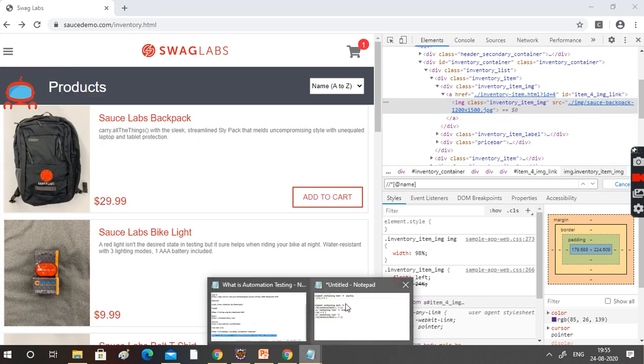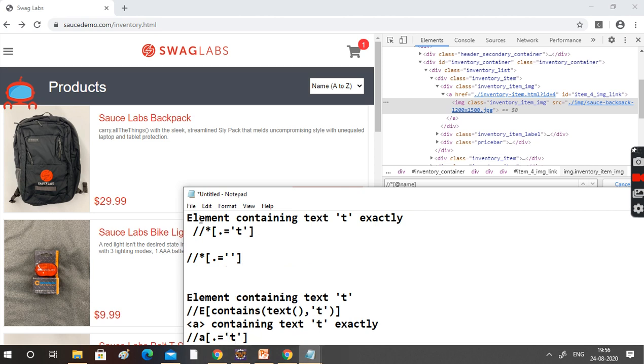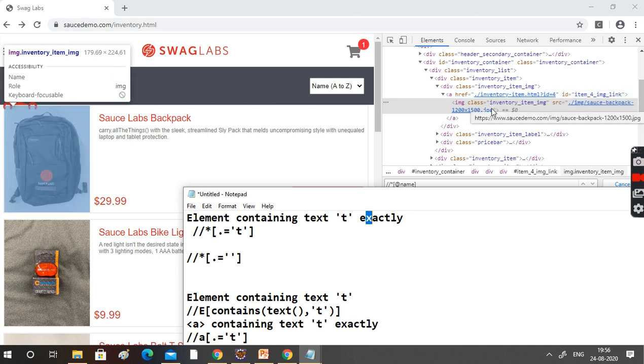What is the first technique saying? The first technique is saying this: //*[.='text'], an element containing text exactly. Do we have any kind of element with text here?